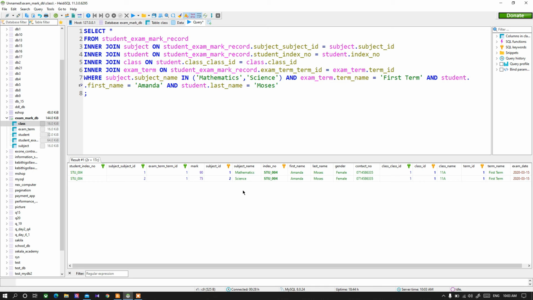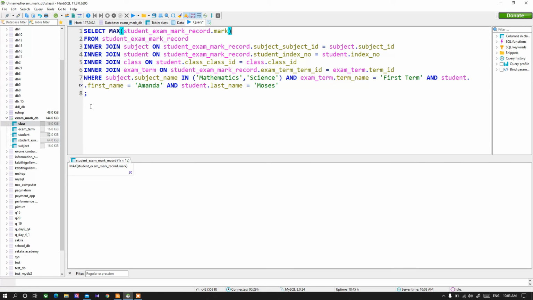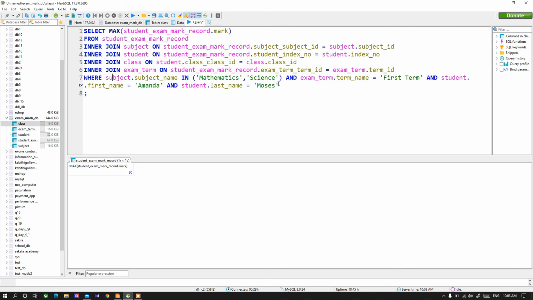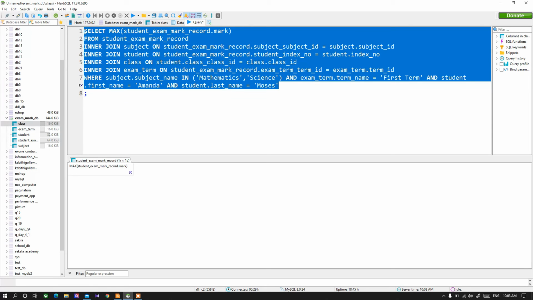So I just need to take the maximum mark of these two subjects. So highest mark. I'm going to put the max function in here: max student exam mark record dot mark. So when I execute this, I will get the highest mark of these two subjects. But I need to take only the subject and the mark. So I have to redo this query and put